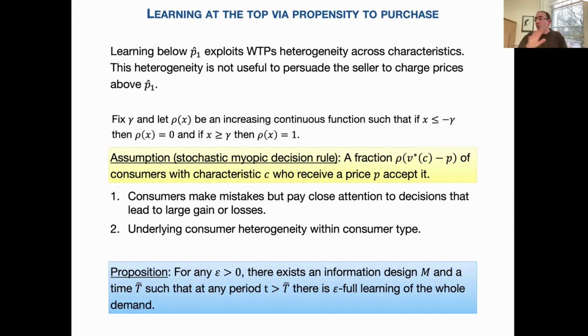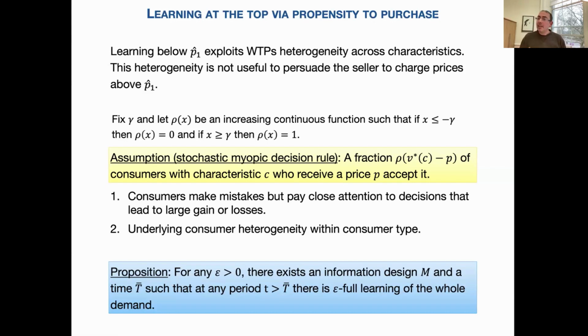Okay? So I don't do any mixing. I don't mix it with other things. I just take a particular characteristic. I offer them a price, and then I refine the demand upward until I learn exactly what their value is, because I charge them a price where only a proportion of them buys. And that allows me to identify the star if I know exactly this stochastic function rho.